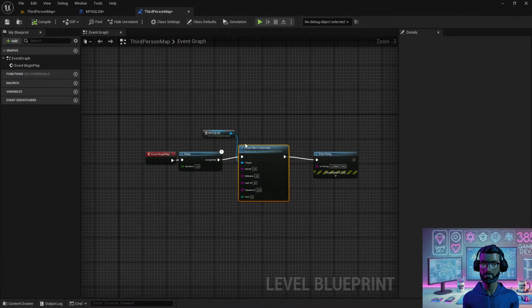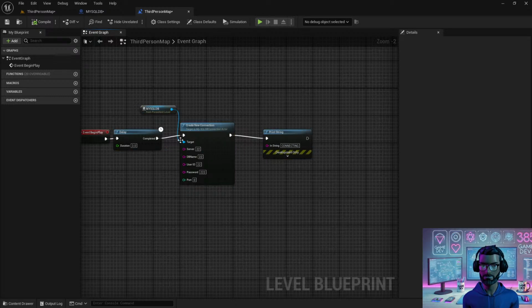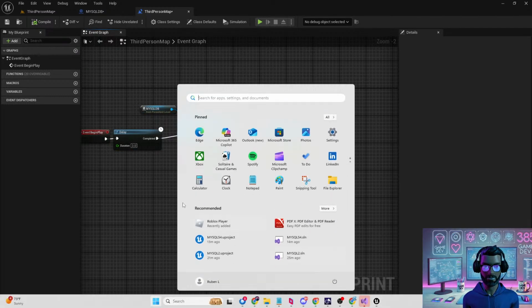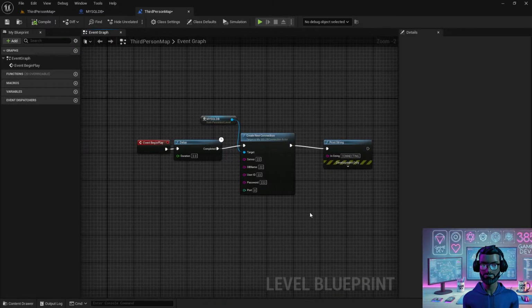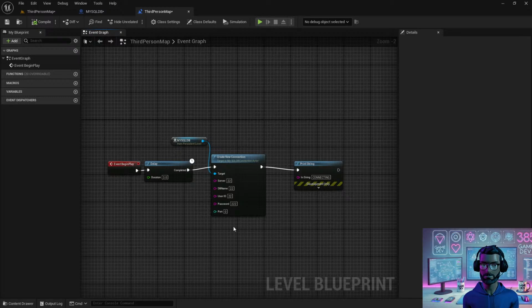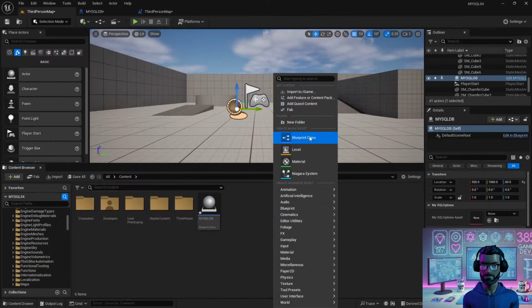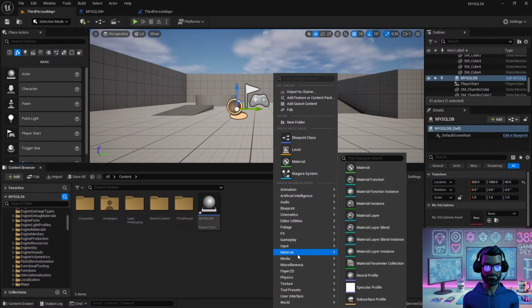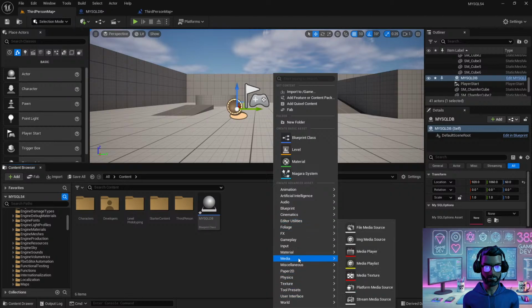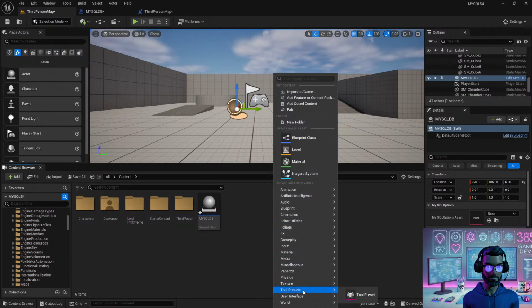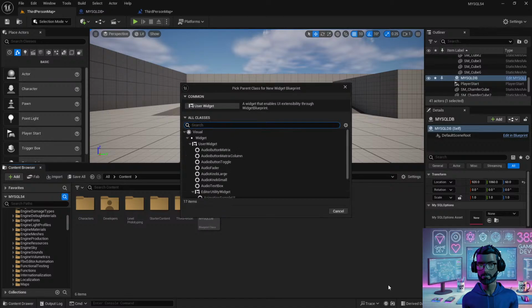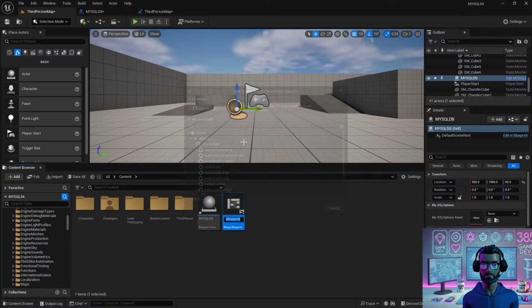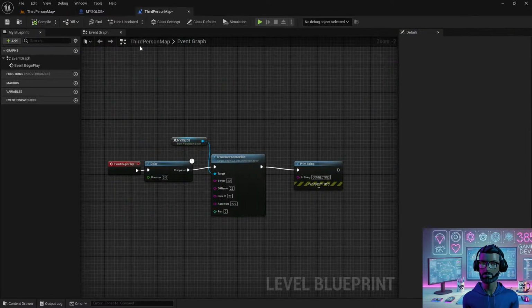I probably had to call it some better way here, maybe using what they did in the example. Yeah, widget. Let's do that. Let's create a widget real quick. Interface. Widget. User widget. Welcome. So then here, on